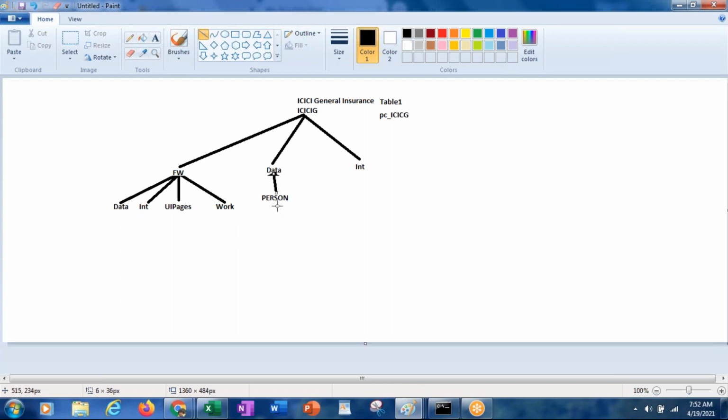Now whichever properties this person has, we can access from the work class. Why? Because our sections and everything are under the work class, and there we want to refer to the properties we will be creating here.